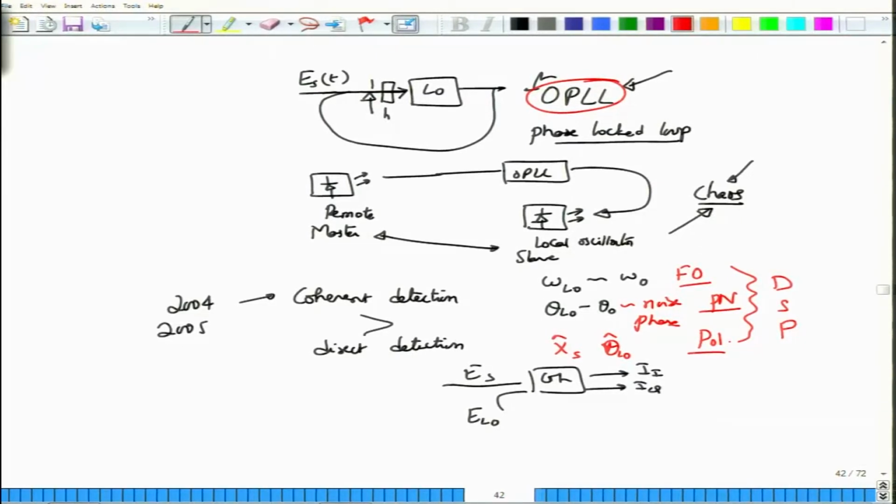People have worked on it, and what more, you can actually have an adaptive procedure using this DSP. You can look at the samples that you are generating. These samples are the input to the DSP, and then you can tune the parameters in the digital domain such that you can make FO equal to 0, you can estimate precisely what PN is and compensate for the phase noise, and then you can correct for whatever polarization crosstalk these two would have endured. So, you can overcome these problems using DSPs.